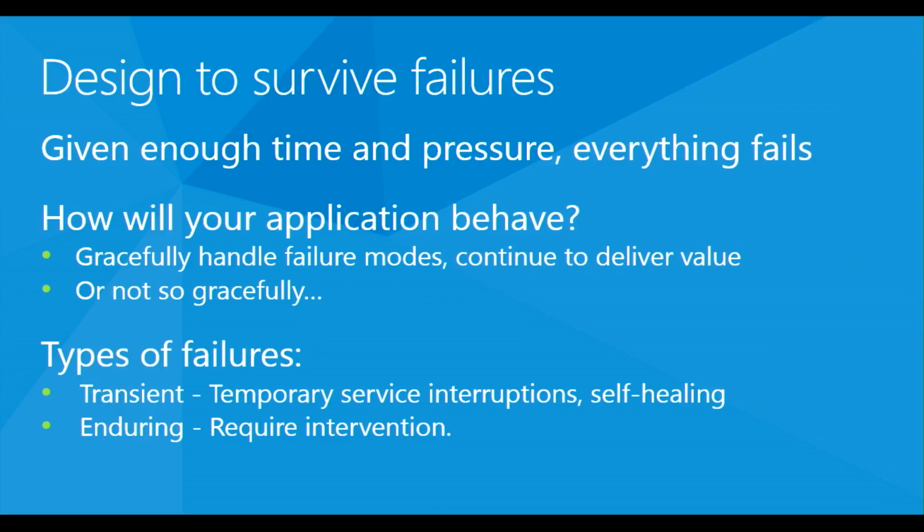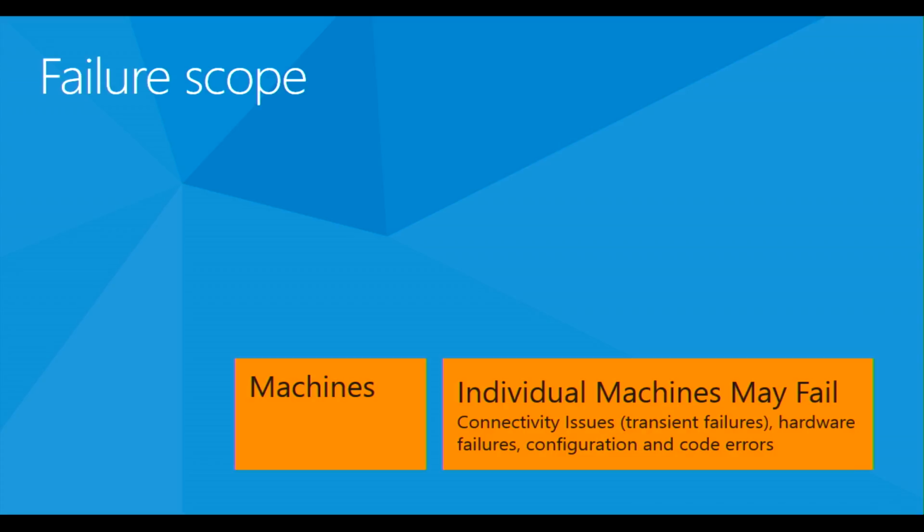And when you think about failures, there are different types that will happen from time to time. What we call transient failures, which are temporary service interruptions, or enduring ones that require your manual intervention. If you've got a good, automated environment, you can respond quickly when these failures happen, so that you can make a fix and push it out quickly inside your app. But as we think about failure scopes, one of the things that's also going to be super important is to understand whether you have insight into what that failure is, so that you can actually fix it. The next couple of patterns will walk through that and how you can design your apps to handle it. So when we think about failures, one of the things to think about is the types of failures